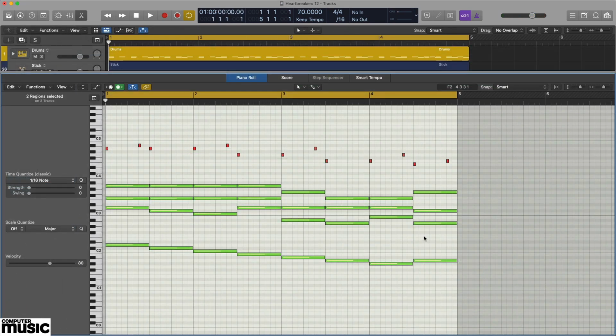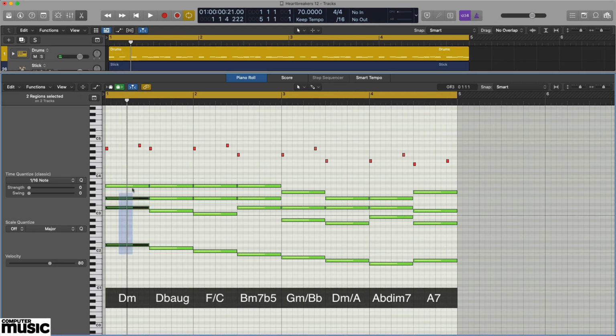Our final progression this month is also in the key of D minor, and features a chromatic descending bass line that never fails to conjure up a feeling of melancholy. We've got D minor, D flat augmented, F major over C, B minor 7 flat 5,